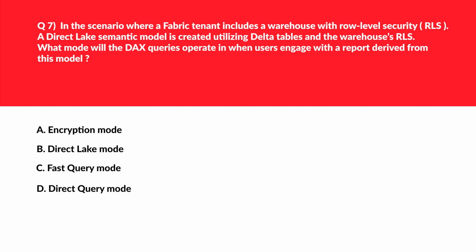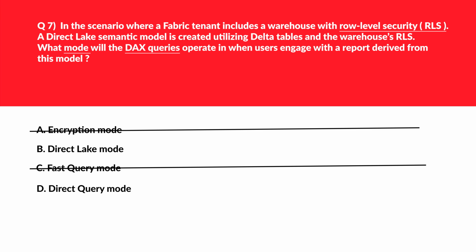Let's bring the heat to the next question. We'll mark the keywords and we'll look at options A and C first. Option A says encryption mode, C says fast query mode. There is no mode such as encryption mode or fast query mode, hence incorrect choice. Let's now look at option B. B says